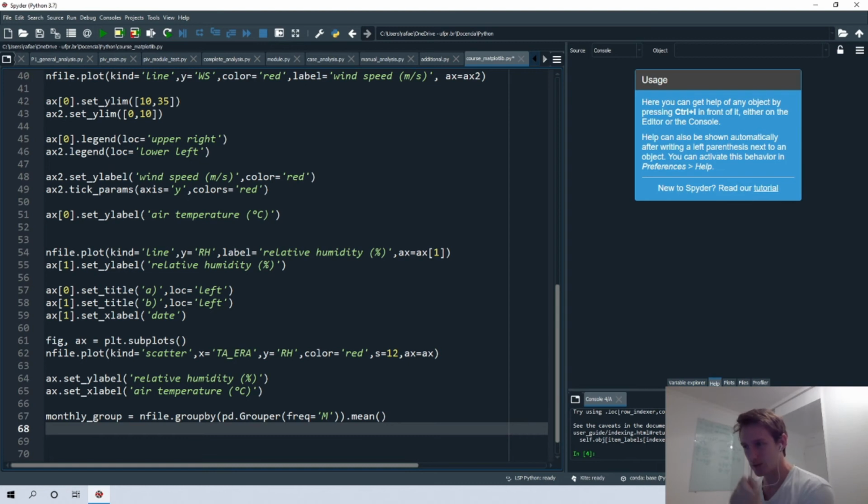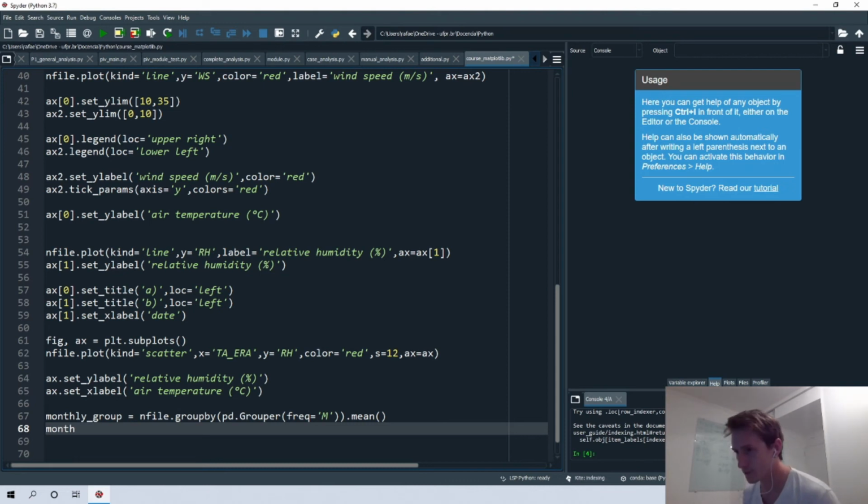The second, we want to create another data frame. This is the monthly average value, and the second data frame that you want to obtain is the average of all months, but combined for every year. You see the difference.